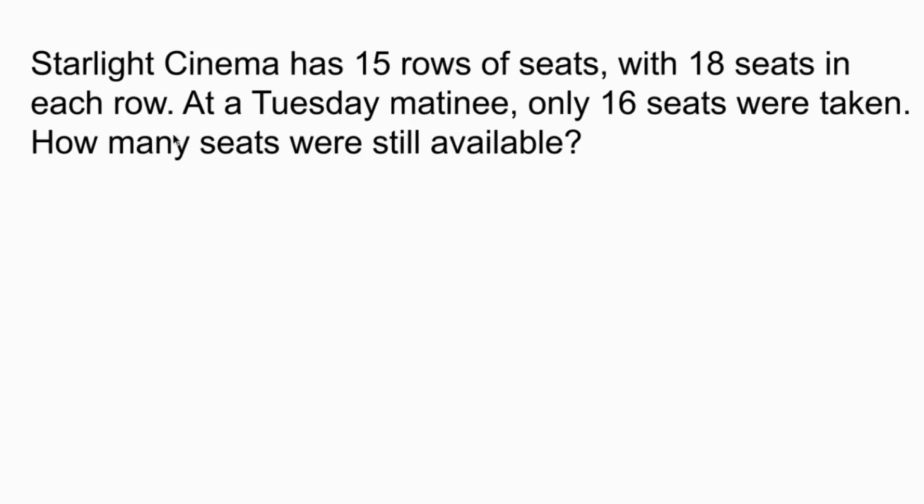First, we need to find the total number of seats in the whole theater. There are 15 rows, and each row has 18 seats. So in order to find out how many total seats there are, that's 15 groups of 18. That means 15 times 18. Now we move on to a second operation that involves 16. So if that happens, we need to wrap the first operation in parentheses before we do anything with the second